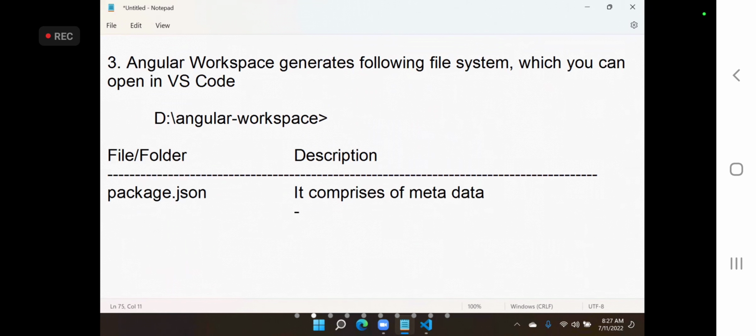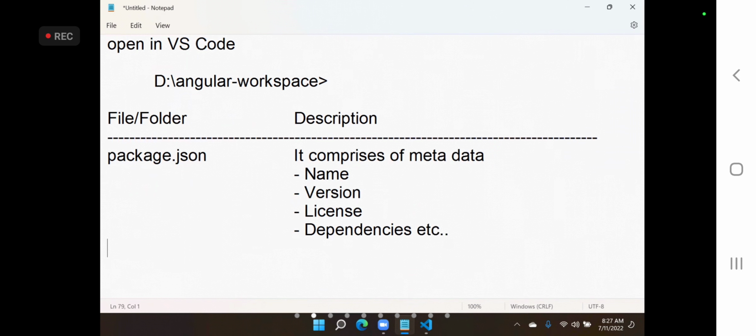It will be like name, version, license, and dependencies. All such information is present there. So all these details are defined in package JSON.